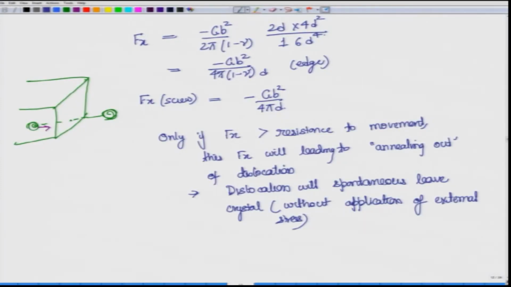So, you may think, okay, if I am talking about a bulk material, how does it matter? This length would probably be of the order of a few hundred nanometers at the most, because the force would be greater than resistance only in that region. So, you will have a dislocation free region only in the top few hundred nanometers, but the rest of the several millimeters or centimeters of the component would still have as many dislocations. But this will become interesting if you are considering nanoscale components or nanocrystals.